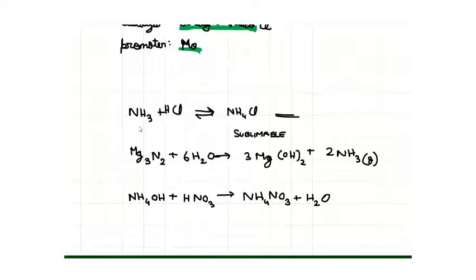Mg3N2 plus 6 parts of water gives us 3 magnesium hydroxide parts and 2 parts of NH3. We must remember to always put NH3 gas because without that the equation would be incomplete. One more reaction that takes place is the hydroxide form of ammonia, called ammonium hydroxide, plus an acid gives us salt plus water. We have HNO3 or nitric acid gives us ammonium nitrate plus water.